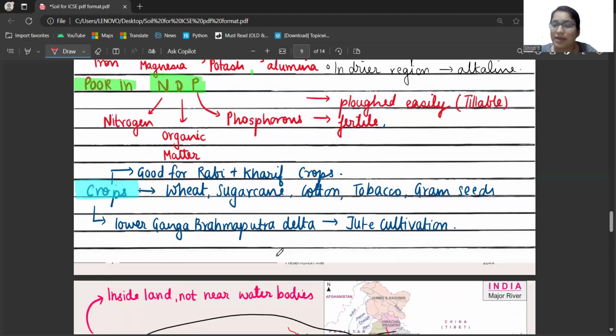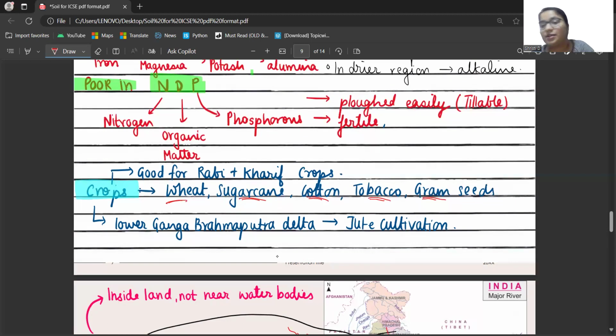एकदम easy है, remember starting तो याद रखना है wheat से। Wheat ग्रो किया, फिर शुगर केन ग्रो किया, फिर कॉटन भी ग्रो किया इन लोग। कॉटन तो ब्लैक सॉइल में होता है, इधर करा है वो। देन दे सेड, कॉटन से इट वाजंट इनफ मनी, सो दे स्टार्टेड एडिंग टोबैको ओवर हियर। ओके, टोबैको। आफ्टर दैट ग्राम सीड्स, क्योंकि दाल भी होनी चाहिए, सिर्फ रोटी बना के तो नहीं चलेगा।